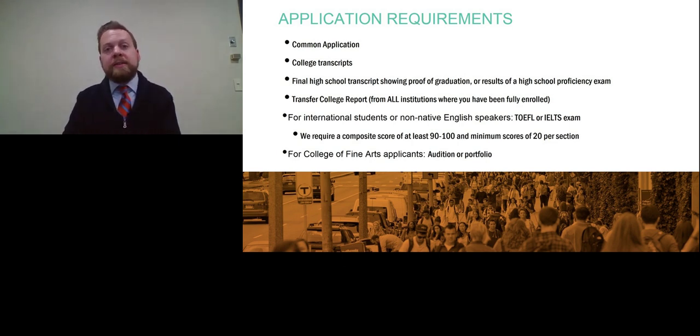You'll notice it looks very different than the common application if you applied as a freshman. It's formatted differently. The essays are a little bit different. Instead of the freshman process, talk about something that changed your opinion or a really significant event. In the transfer